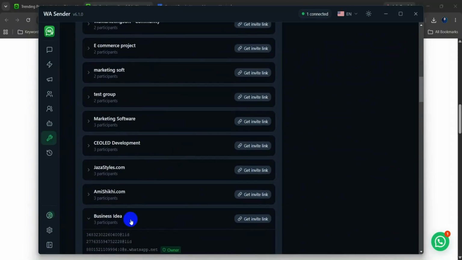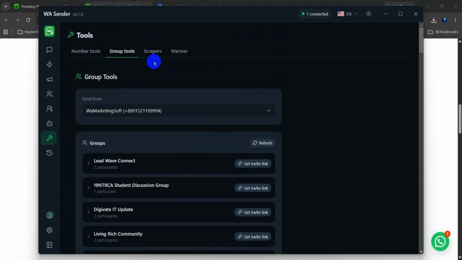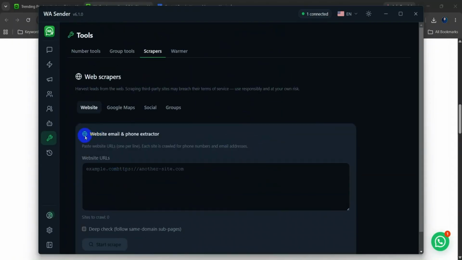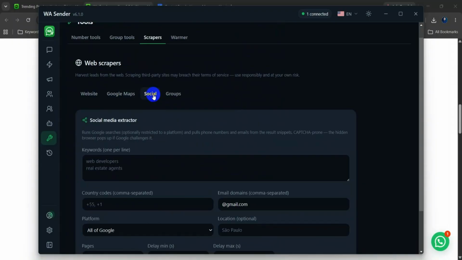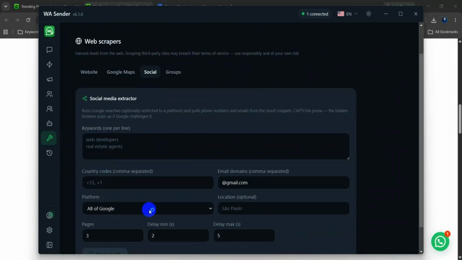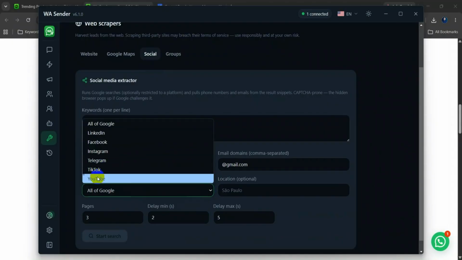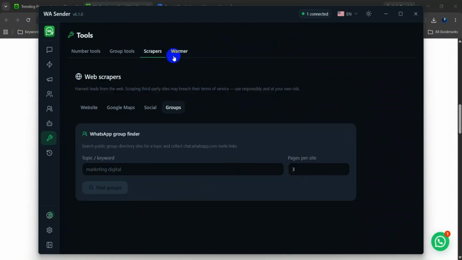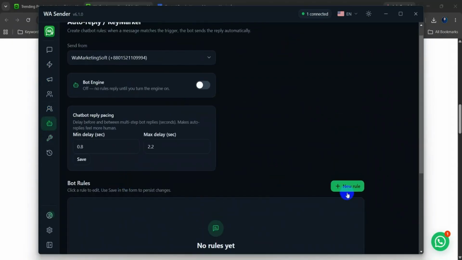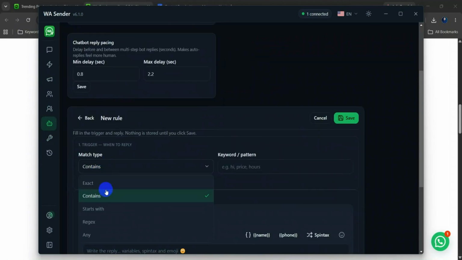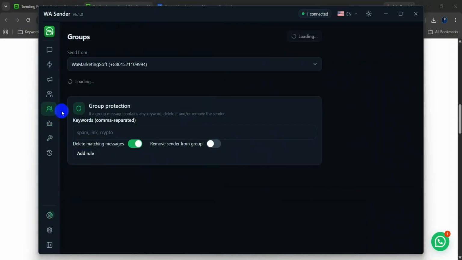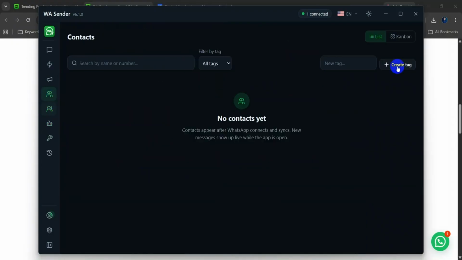from the option you can do group number grab and scrap. Here the options: website scrap, Google Map data collection, social media data collection, and also here Telegram, TikTok, YouTube, and also grab from web scrap. Okay, auto reply: you can do auto reply with exact match or contains. You can add an auto reply, and from the option contact list add, and here the option Kanban dashboard,